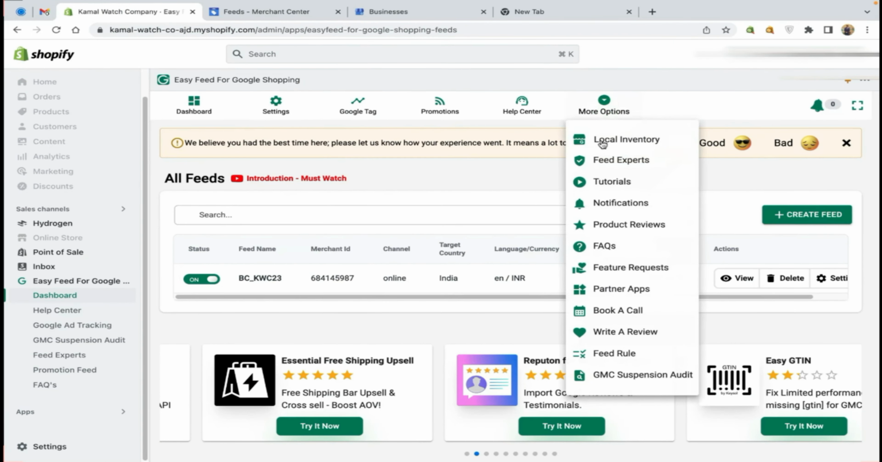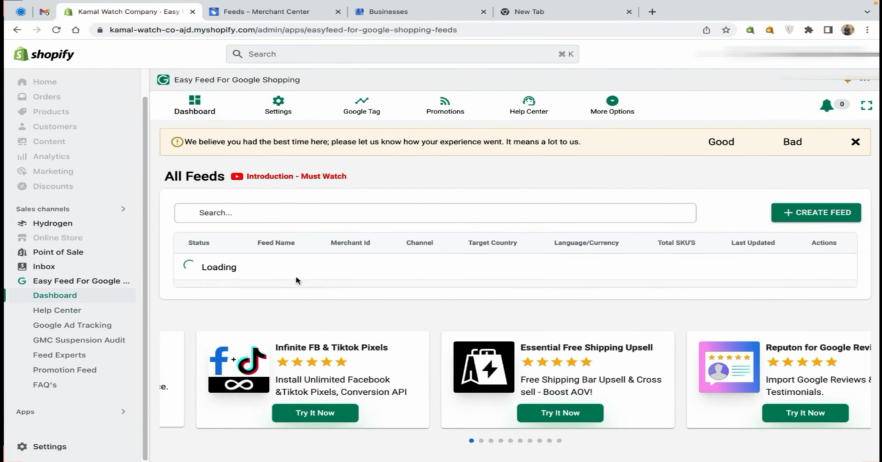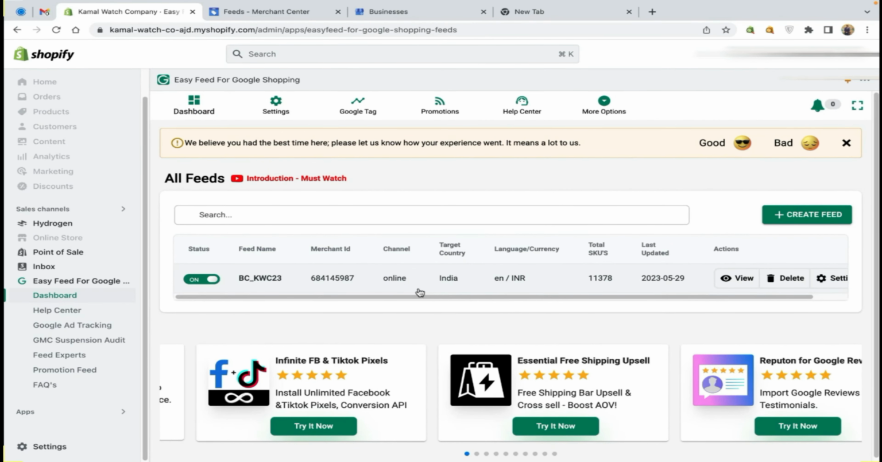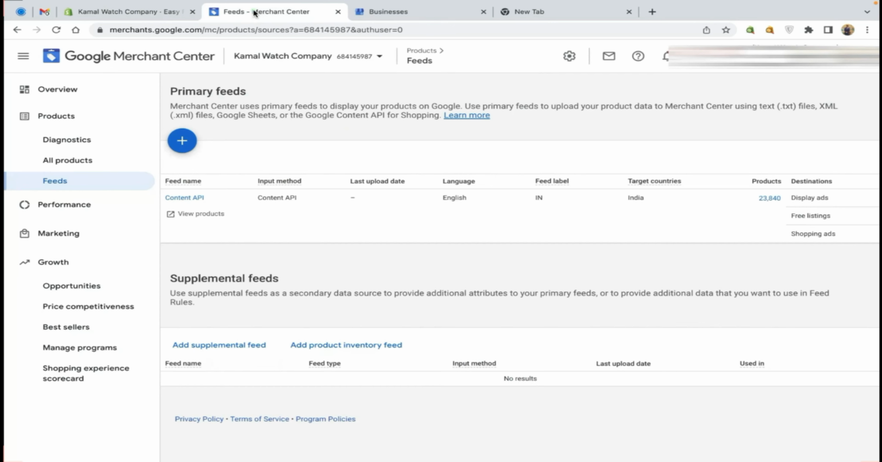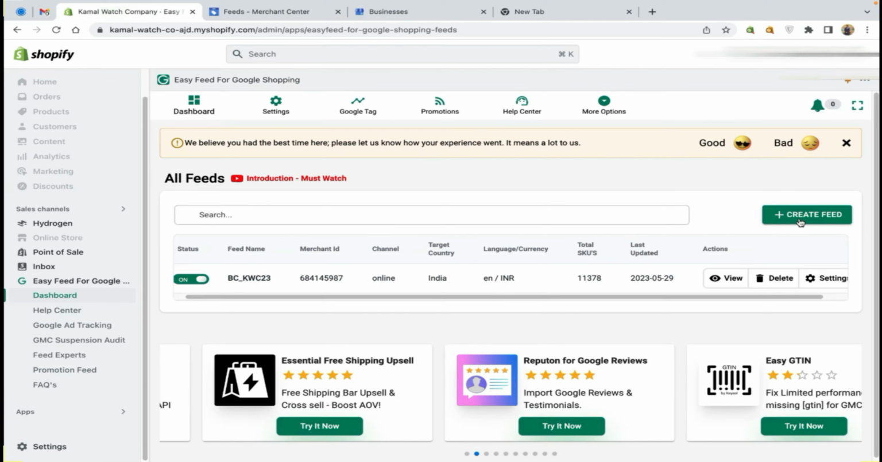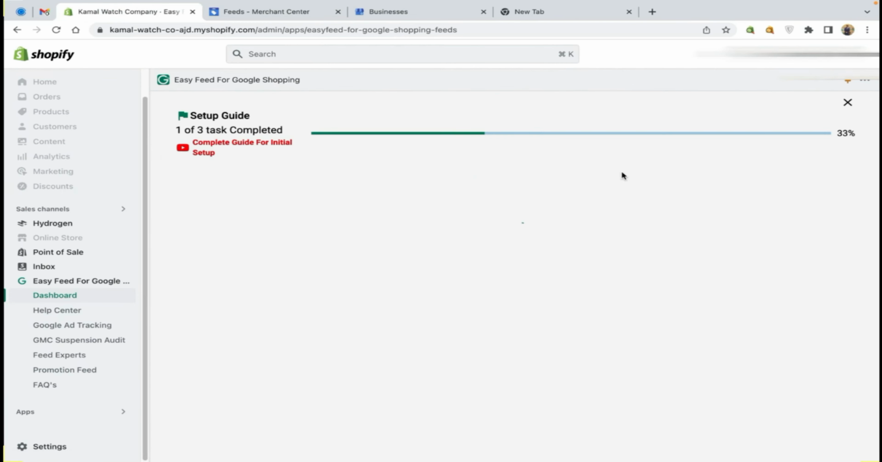In our more options, you will see the option of local inventory. Click on dashboard. In your feed you will see it is for online store and local inventory. Go for the physical existing store. So for this we have to create a primary feed for local inventory ads. This one is only a primary feed, but it is for sales channels like Google and YouTube, and for local inventory they have made another way. Let me create a new feed